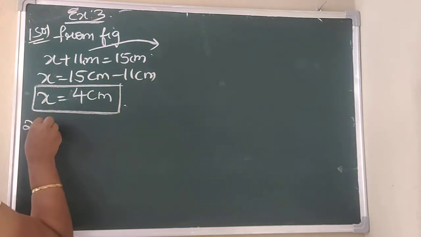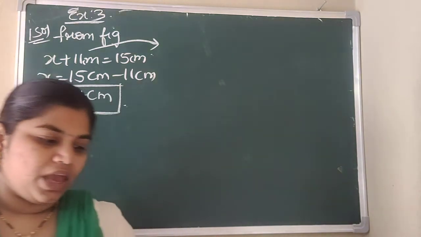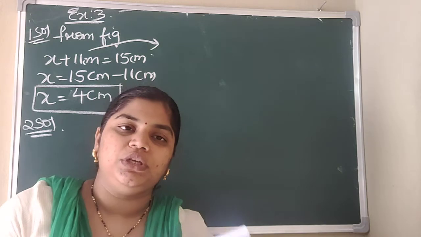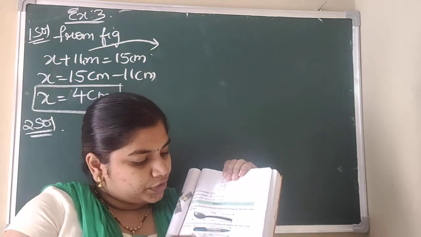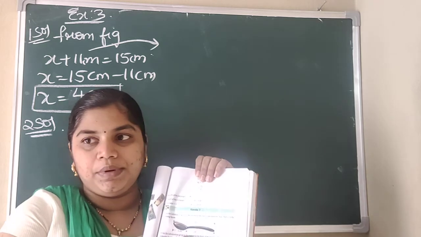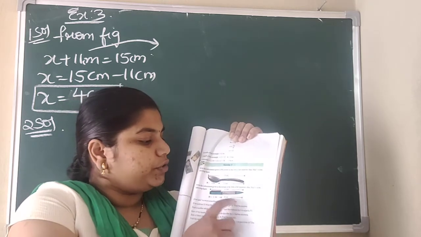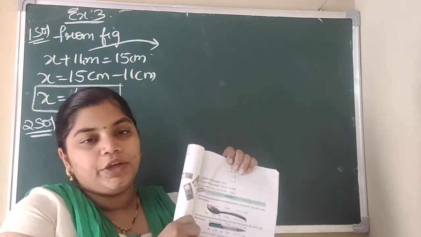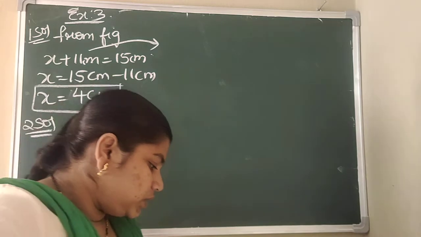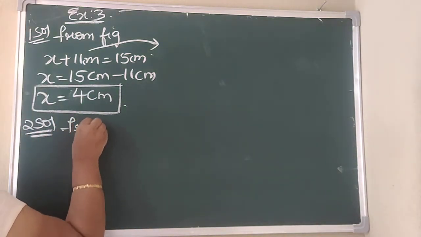So the second one is also in the same way. They have given one pen. We have to write the given information in the form of an equation. If you take this pen, the total length of the pen is 13 centimeters. From here to here it is y centimeters and from here to here it is 8 centimeters. If you add these two parts, then only you will get the 13 centimeters. So by the figure, what will you write?